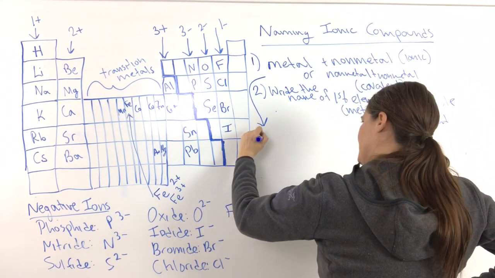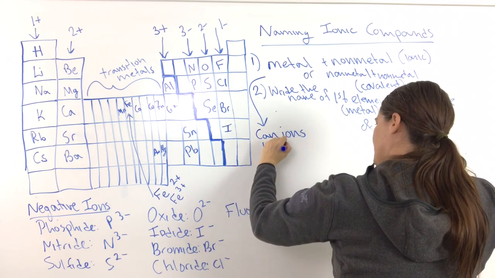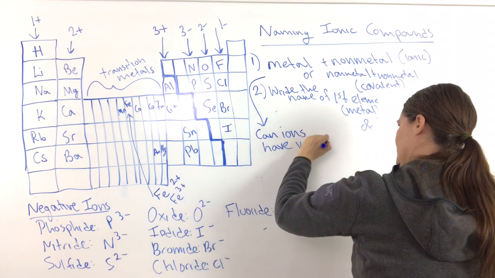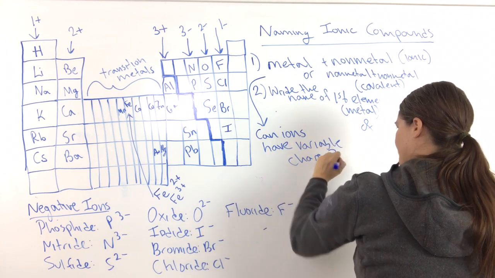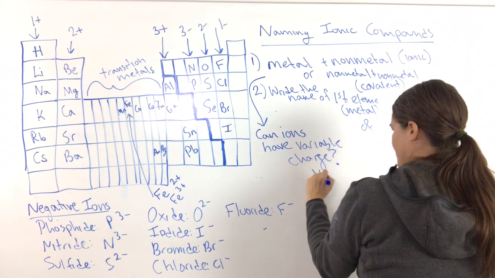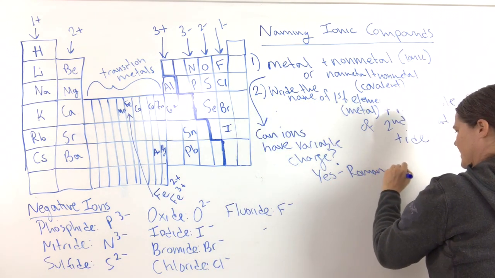So, can ions have variable charge? If yes, we need a Roman numeral